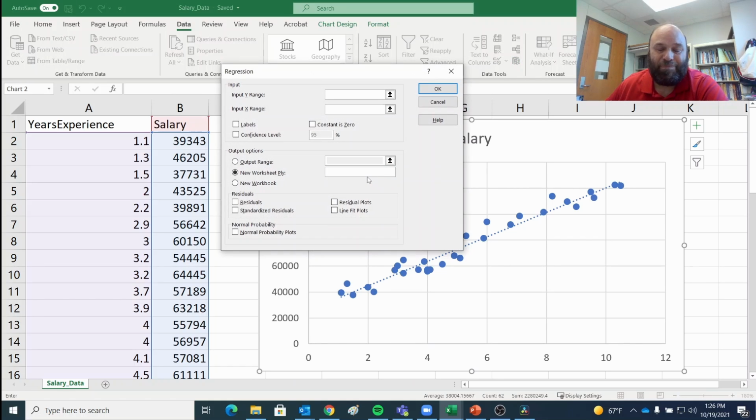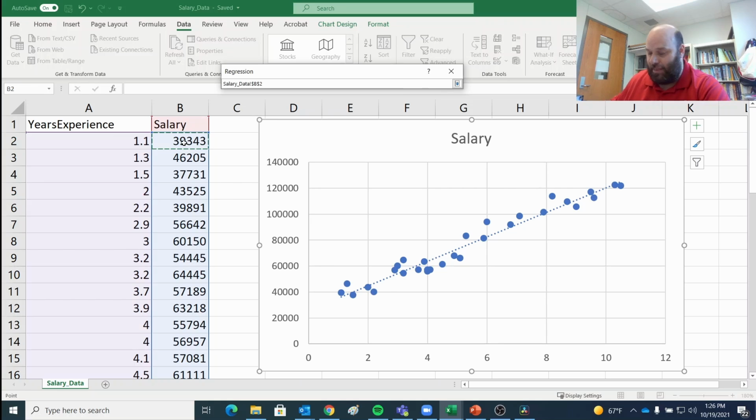Click OK. What we need to do is tell Excel where the Y values are, where the X values are, and then where to deposit the results. So here where it says Input Y Range, that's where we put the Y values. For us, the Y values are the salary. We'd like to be able to predict our salary given some number of years of experience. So I'll often just click this little button that allows me to highlight the values I want to go in for